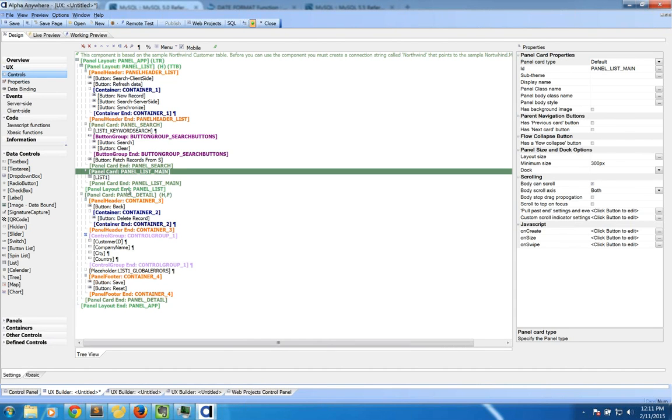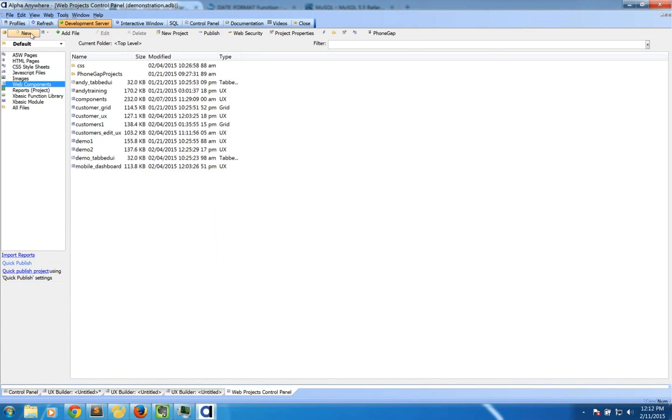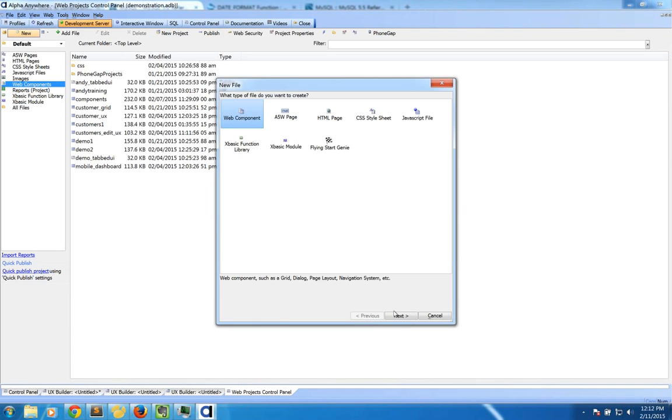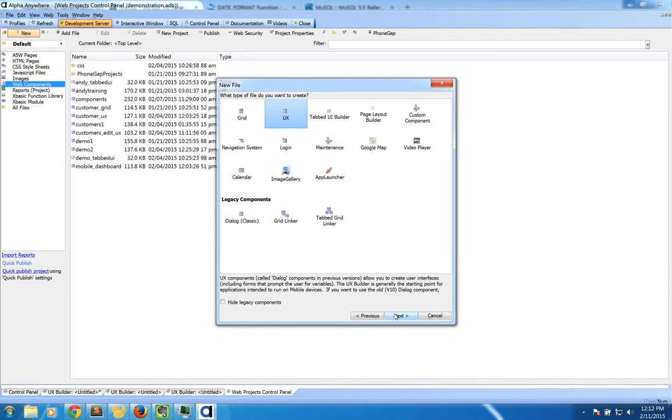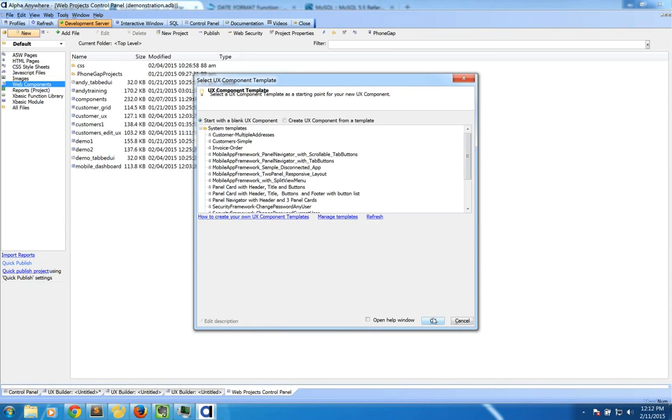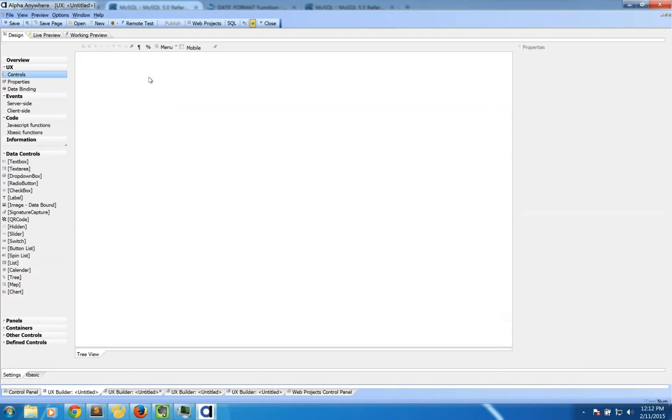There's also another method you can do this. You can actually create a blank UX component like I did before, right here, UX, and then I can just click OK, and I'm going to start with a blank one. So this would normally be how you started. So again, it's kind of a writer's block thing, we don't want you to get stuck on here. So now I can go down here to containers and actually panels, and I have this area